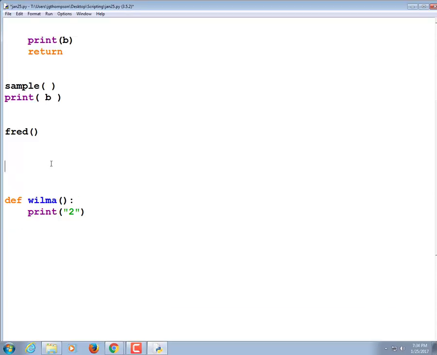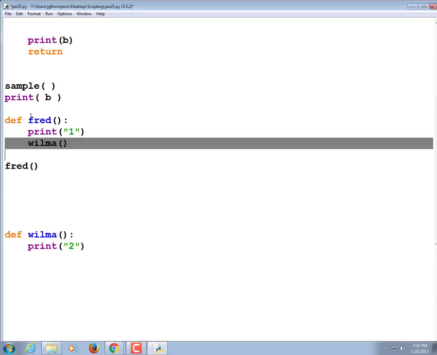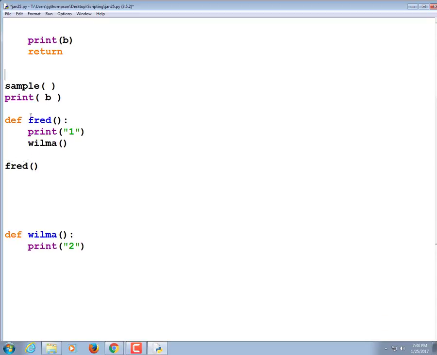So I think to myself, oh, okay, I'm going to cut and paste and move Fred up there. It's still not going to work. Why? Because Wilma is not defined yet. So what it's going to do is, while it's running, every time it hits a DEF statement, it goes ahead and defines that function, but it doesn't execute it. It looks for the first non-indented thing to run, and in that case, the first non-indented thing is the call